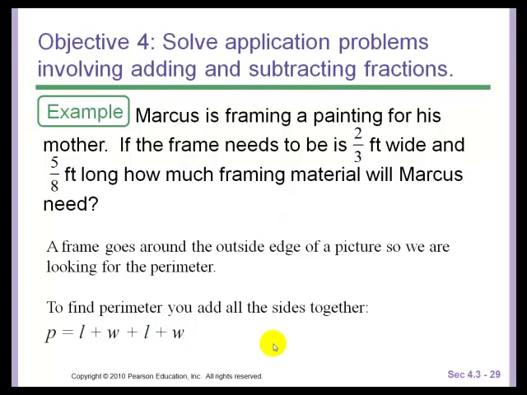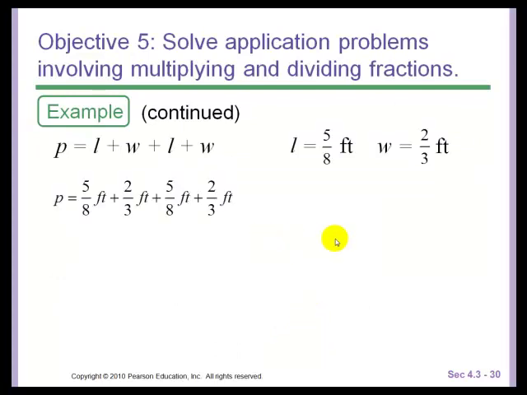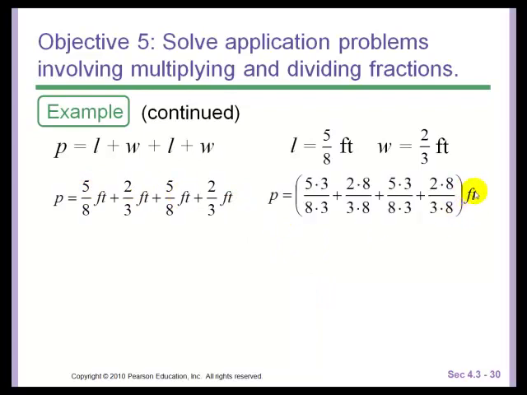Length plus width plus length plus width. We know length is 5/8 feet and width is 2/3 feet. So plug them into our formula. Notice how they all have feet. We can pretty much tack the feet at the end or ignore it altogether till your final answer. To get a common denominator,